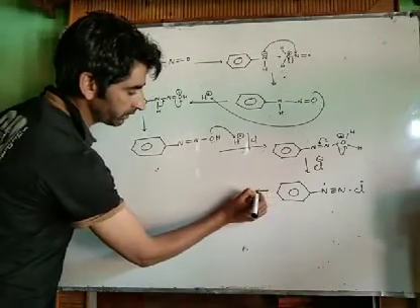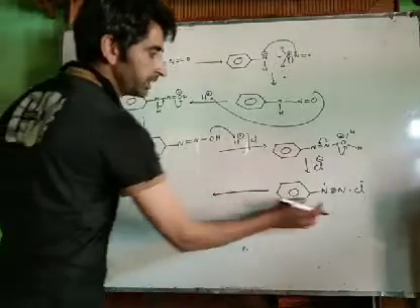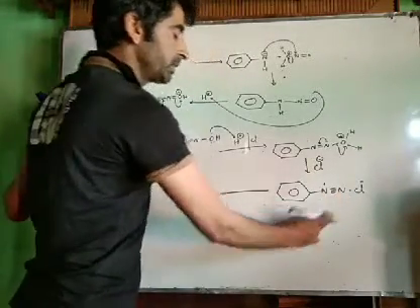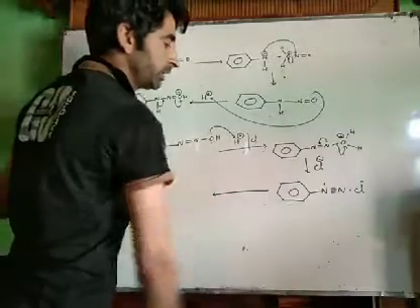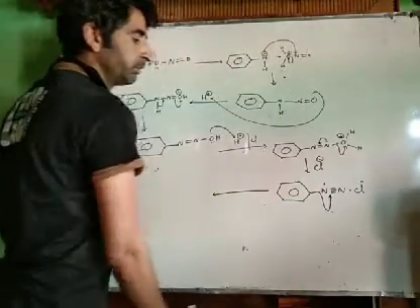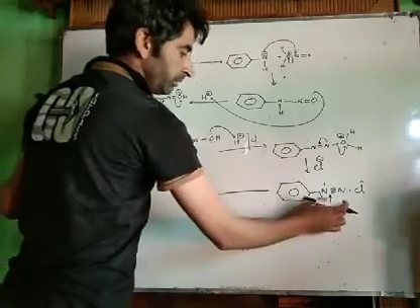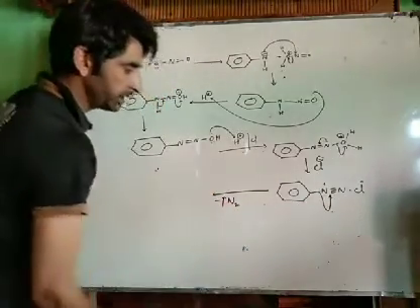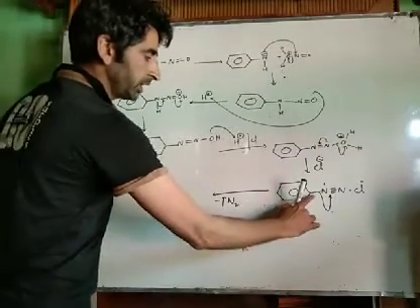Now in the final step what happens? Whenever there is an N2 group in organic chemistry, it's a very good leaving group. It's a better leaving group. It's the best leaving group. It means this N2 group will leave. The N2 group will get eliminated. We get N2 gas, and a positive charge over here.